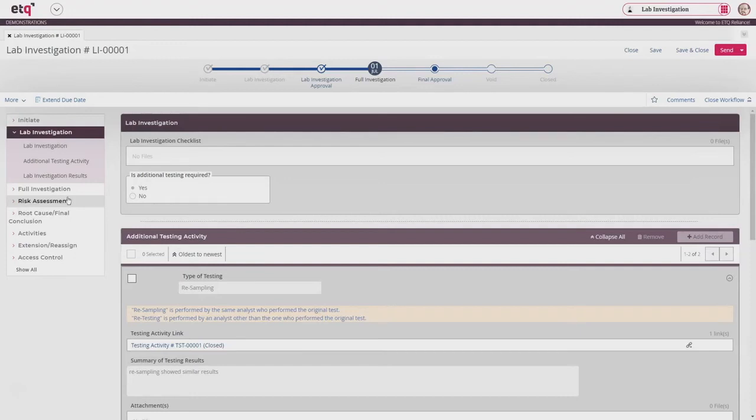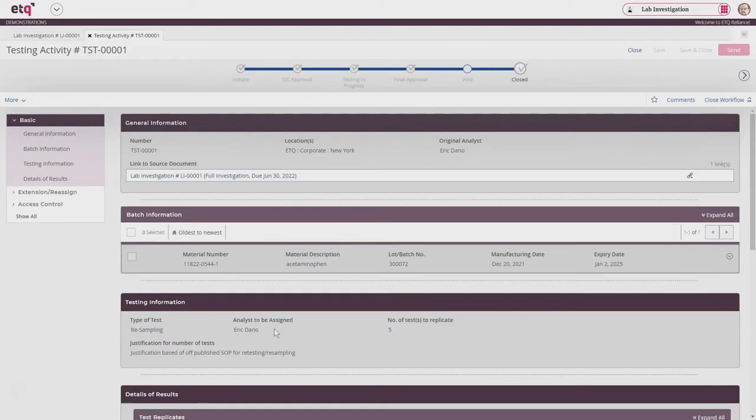So in this example, Annie has chosen the resampling, which is again assigned to the original analyst. That creates another activity record